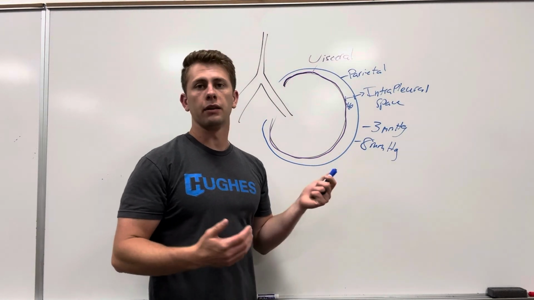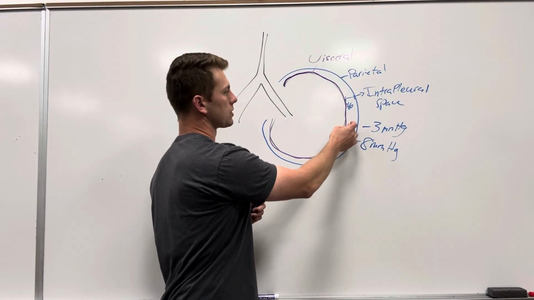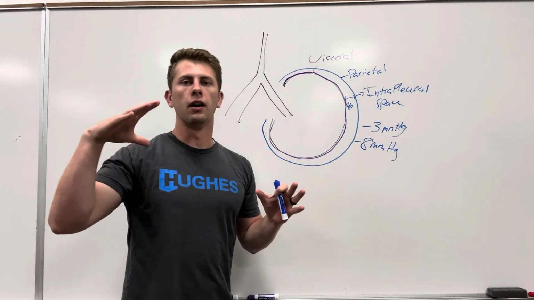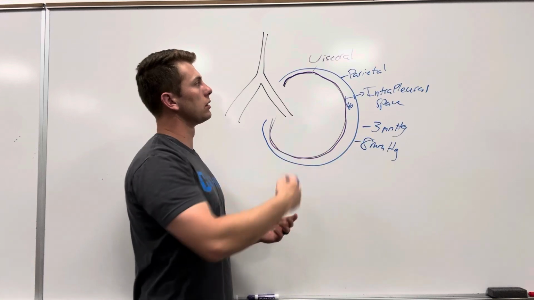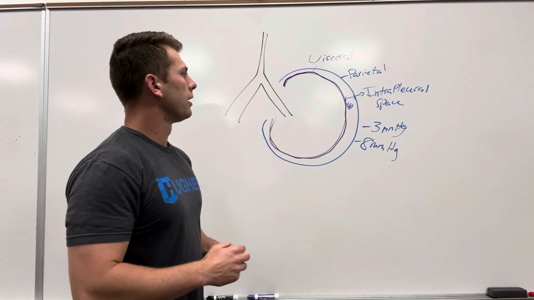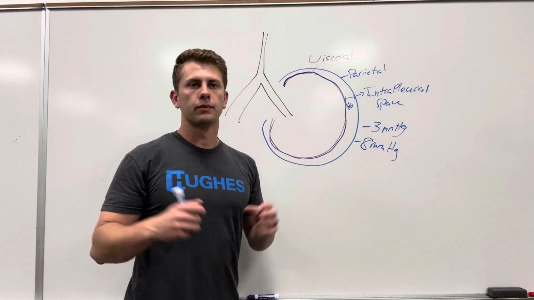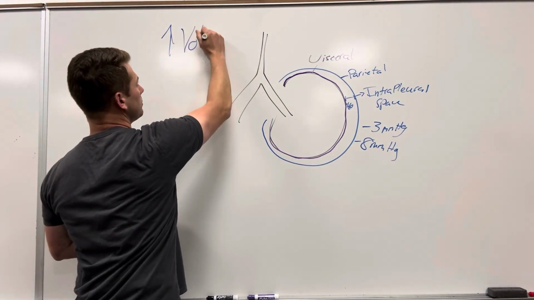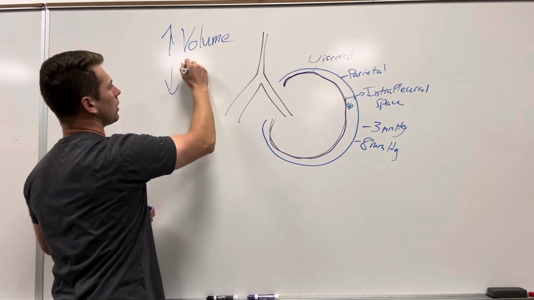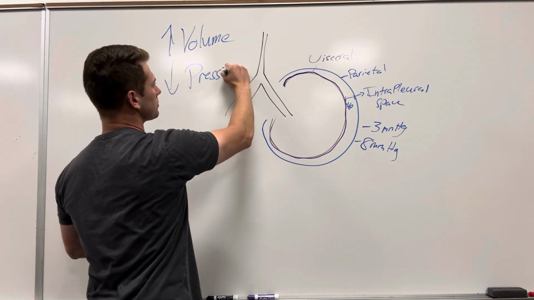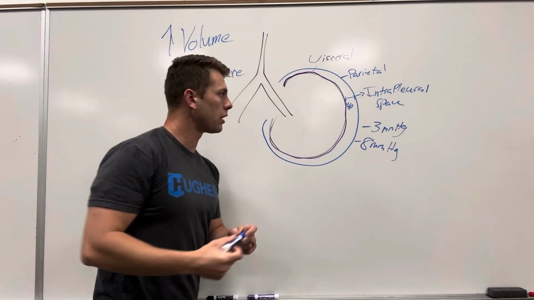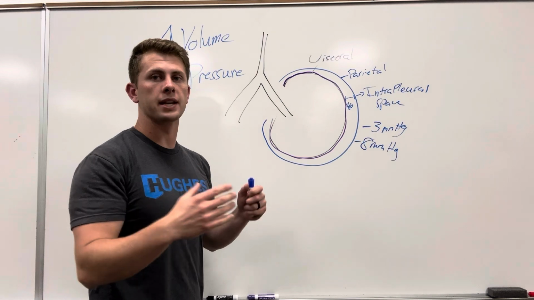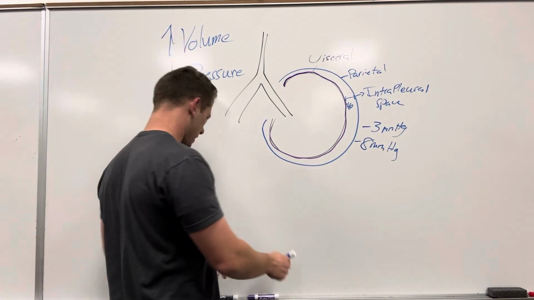And that's a pretty negative pressure, and it creates a really good vacuum. And so this visceral pleura will stick to this parietal, and it will expand the whole lung, because the lung is connected to this parietal pleura as well. As we expand the whole lung, Boyle's law says if we have a high volume, then we'll have a low pressure. So when we create lots of volume in the space and the lung expands, we have also